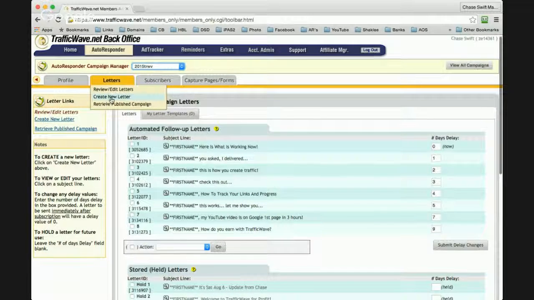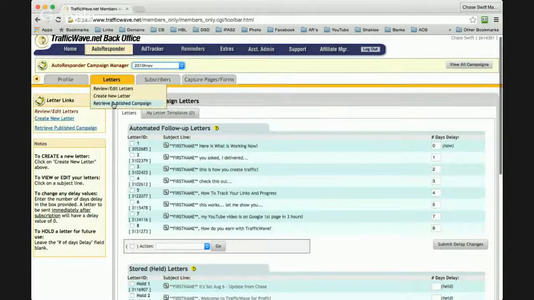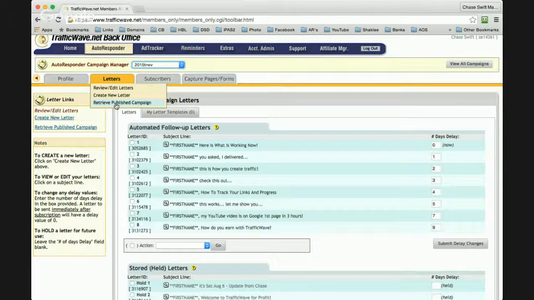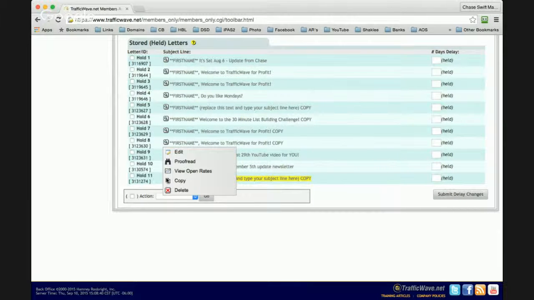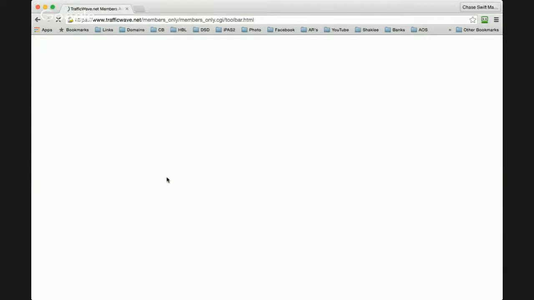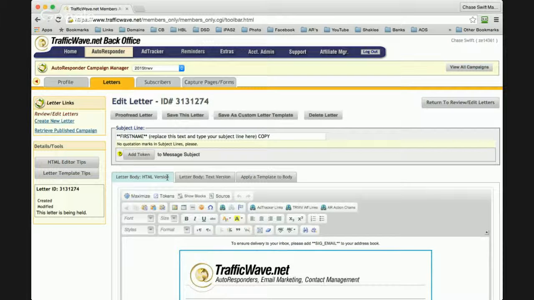Once you are in the proper campaign, you'll go to the letters tab where you can review and edit. You can even create a new letter, and you can even retrieve published campaigns that others like myself may have written for you. And that's the value of this published campaign, is you don't have to rewrite it. You'll need the codes to retrieve them. Now, in this campaign, what I'm going to do is go down, and I have some broadcast letters, and I have one that's ready to go and be sent out, or actually been edited and sent out then. So what I'm going to do is just choose from that magnifying glass the edit button so I can edit